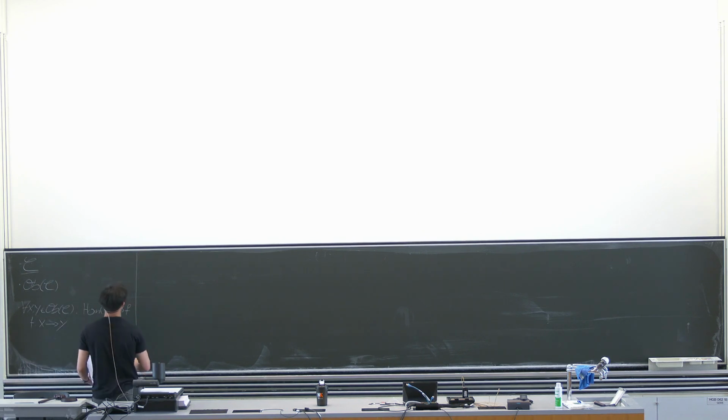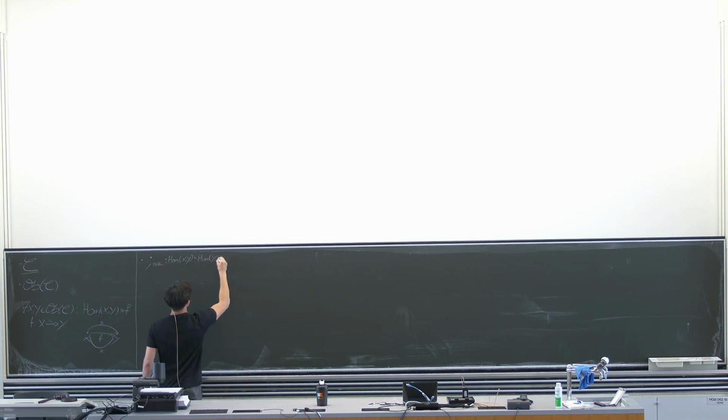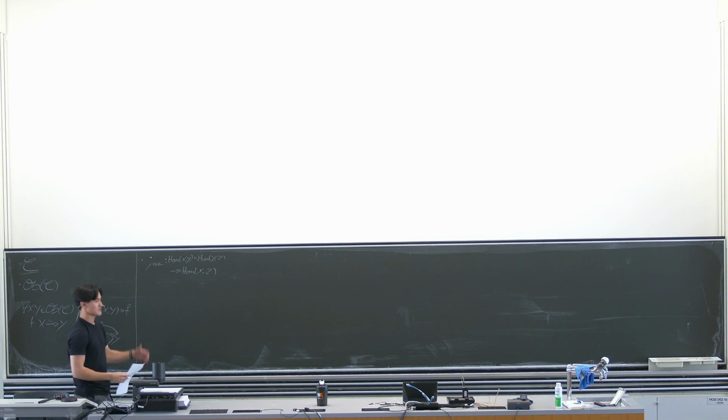And then what we have is something called the composition operation, which we're going to note as a semicolon, for any triple x, y, z. What it does is it takes a morphism from x to y, a morphism from y to z, and then it returns a morphism from x to z. So that may look like a mouthful, but it's not very complicated.